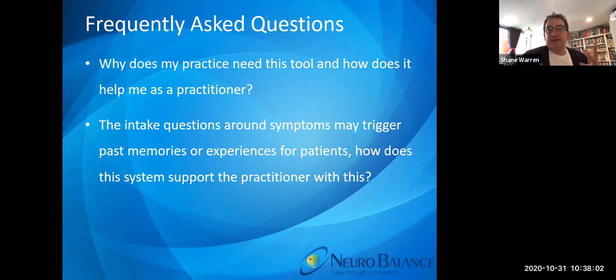So that's the process. We also find that the intake questions around some of the symptoms do in fact trigger past memories and exposure. People think, was that a good or a bad thing? Well, I like it, because it helps put the person in a frame of thinking so that when they come to meet with me, we can say, actually, what came up for me when I was doing that intake, with thoughts around this, which was primarily why I made the appointment.